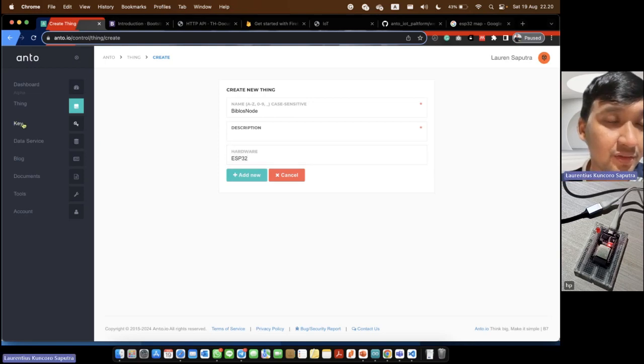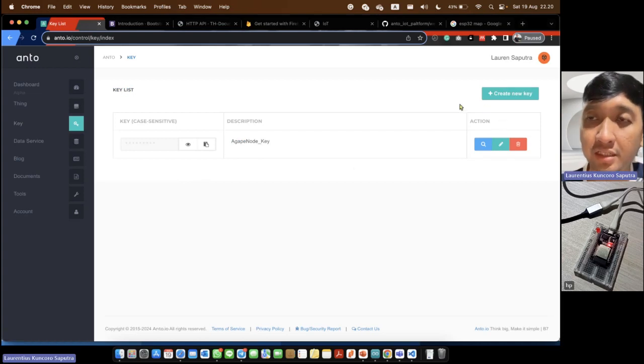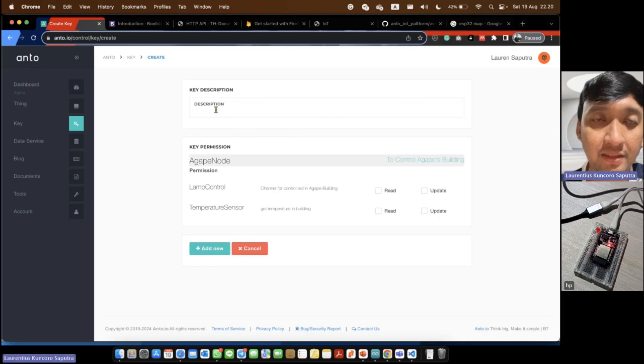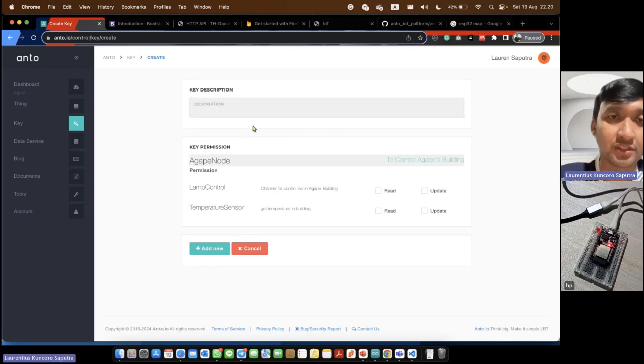After that we can go to key, and we should create a new key by clicking the create new key button here. You can put the description for the key. Maybe it will help you to remember the key.